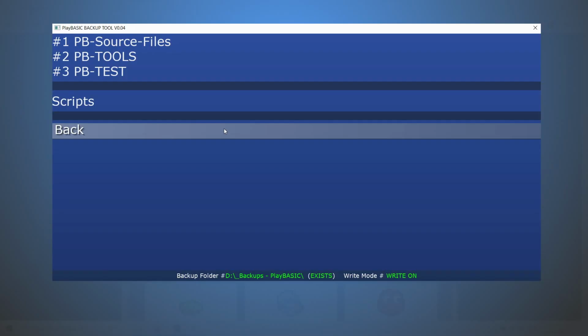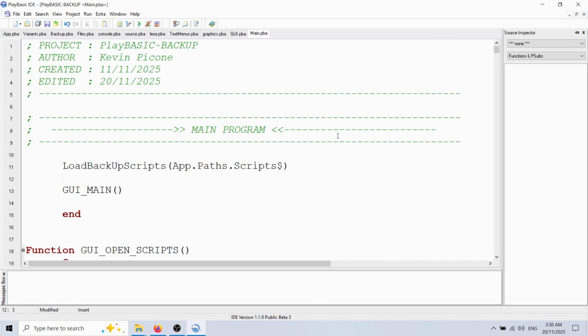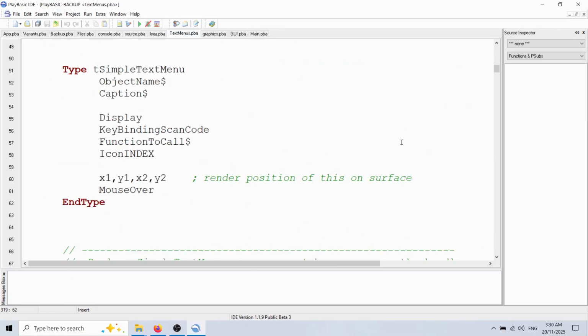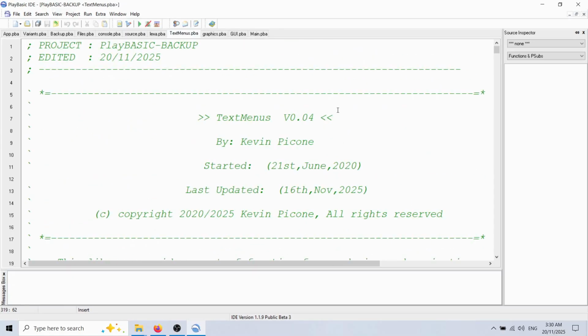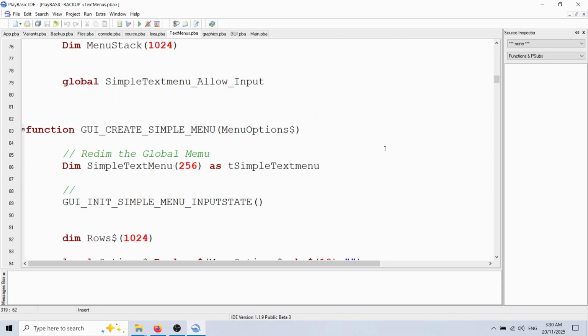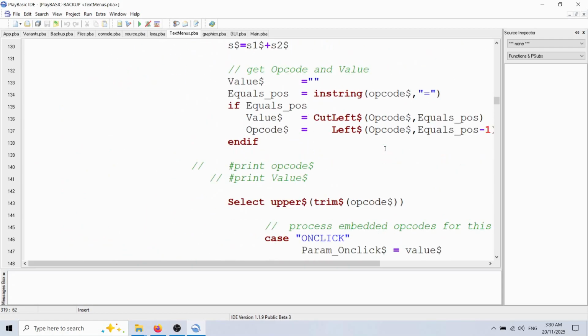All the same components you would have seen me use before. There's nothing fresh, well, I guess there's a little bit fresh about the way some of it's done, but the code's on the forum, so up to you. In this one I'm using the text menu stuff, which is posted years ago. I like using this one now because I can decouple the menu from the functions we're calling, and I've added a bit of a change to this so you can actually do things like calling functions and passing parameters through,